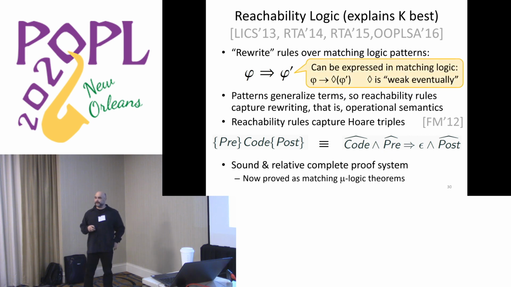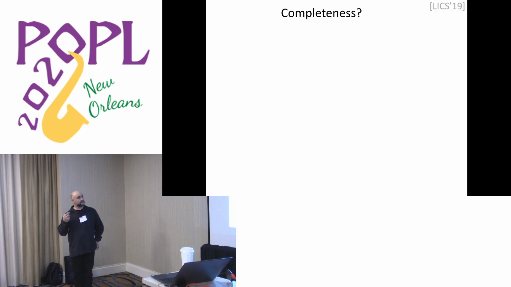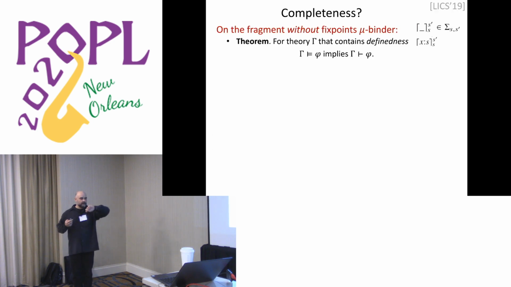This is a partial correctness argument, reachability logic, meaning that if the program terminates, then phi prime is matched. And that can also be expressed now in matching logic as a formula, as a pattern. How about completeness? Completeness, as you expect, doesn't hold in general. And we work hard to identify fragments on which it is complete, because we'd like to get the completeness results or decidability results of other logics from this general result. And we still want to do that.